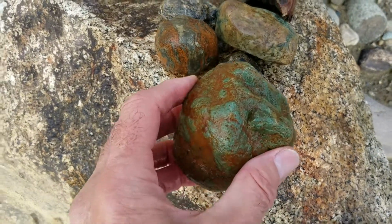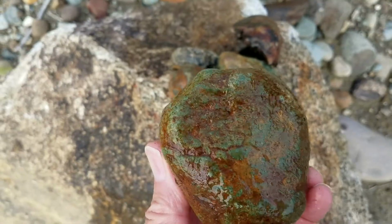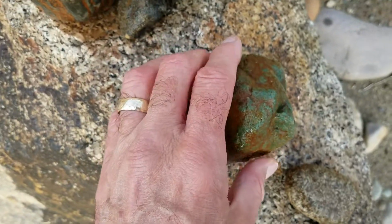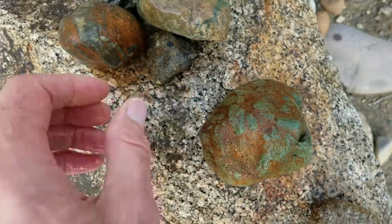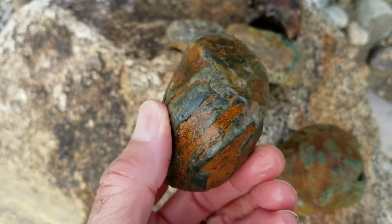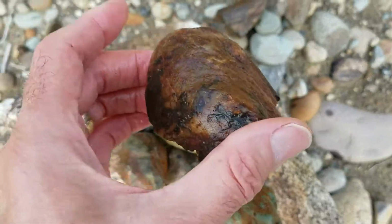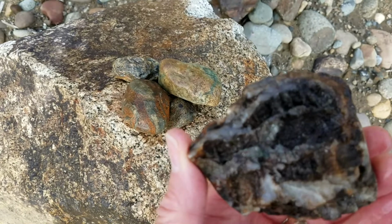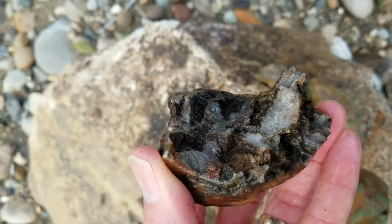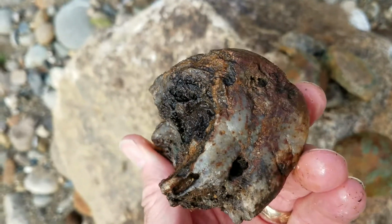This one, I don't know about it, but it's green. That's kind of unusual. It's some sort of composition, looks like. So despite the large size, I may actually keep that. There's another one that's similar. It may not make it all the way back to Texas. This is kind of different looking. It looks more like a geode. Broken, rough, kind of hollow looking in the center. I don't know if there's anything there or not, but